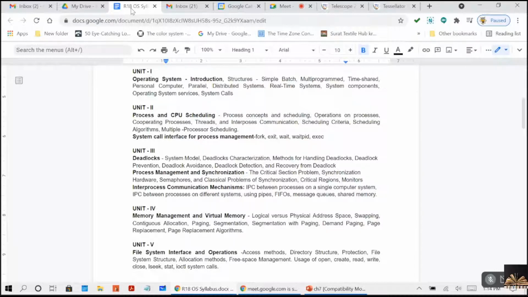Then we have process management and synchronization, right? So what is meant by process management? In the second unit, we discussed what is a process and all, right? So in the process management and synchronization, we mainly discuss here about the shared resources, right? The critical section problem. So what do you mean by this critical section? Critical section is nothing but a region where your shared resources will be loading, right, and two or more processes are trying to access the data, right? So that is the reason we call that area as the critical section.